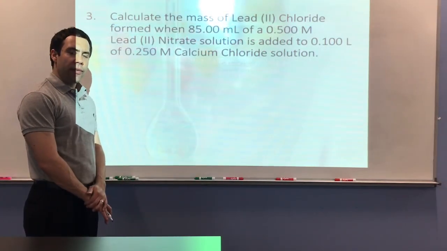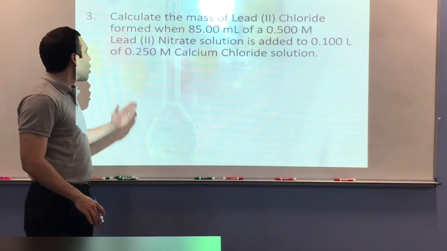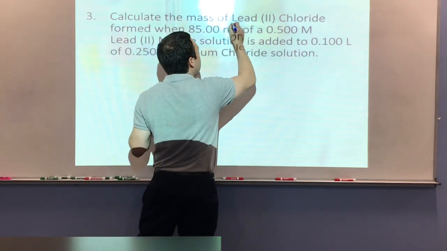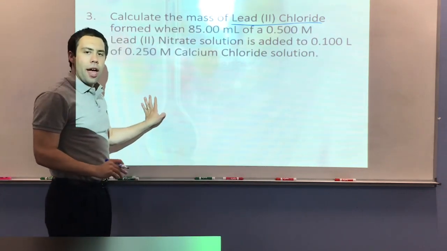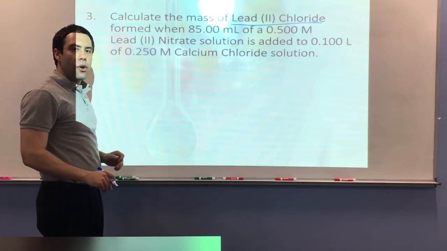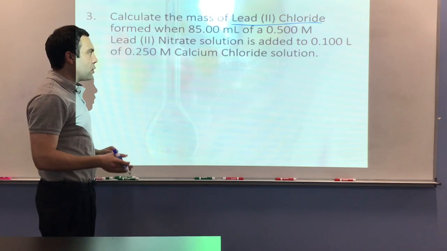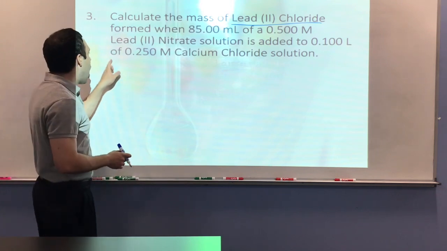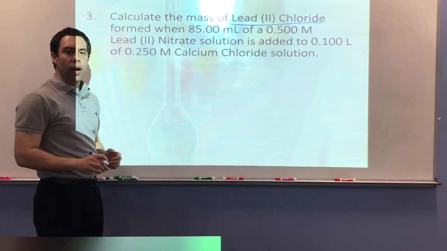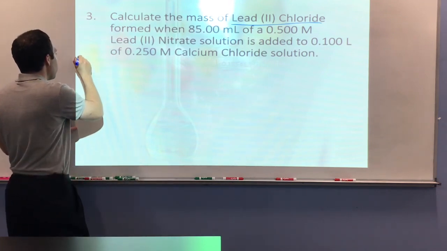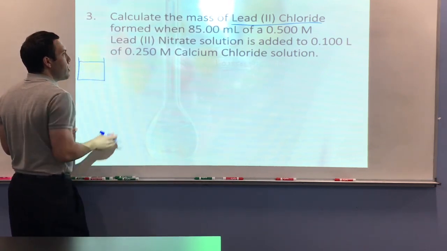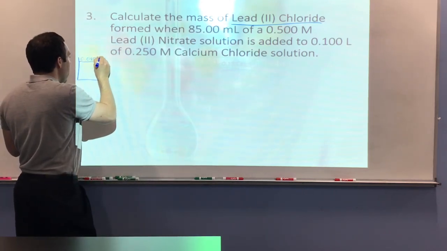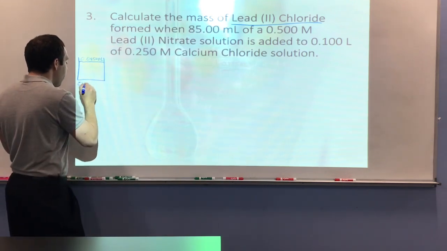Problem number 3 is a little bit more difficult than either of the problems we've done before. Problem number 3 states, calculate the mass of lead 2 chloride formed. So this problem is telling us the precipitate will be lead 2 chloride, formed when 85.00 milliliters of a 0.500 molar lead 2 nitrate solution is added to 0.100 liters of a 0.25 molar calcium chloride solution. So the first thing we're going to do is draw our beaker. The first beaker has 85 milliliters, which is 0.08500 liters of 0.500 molar